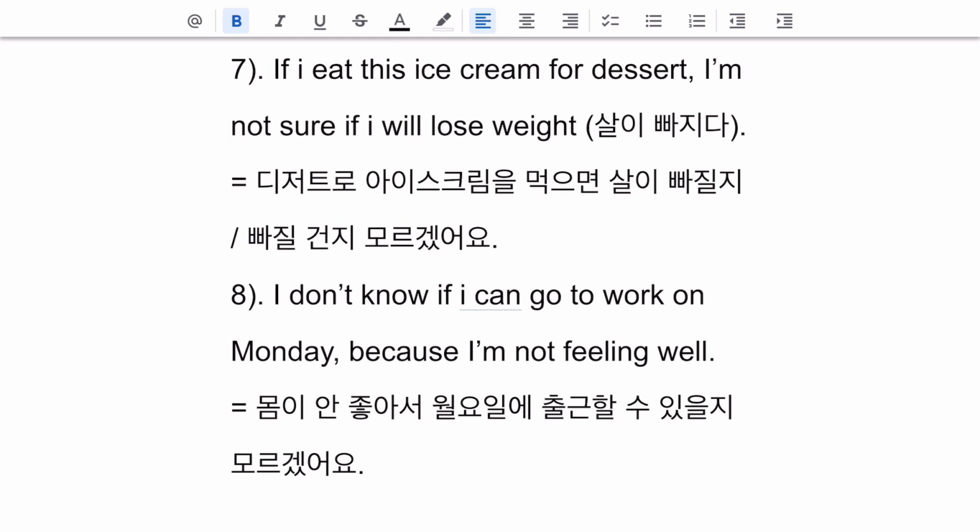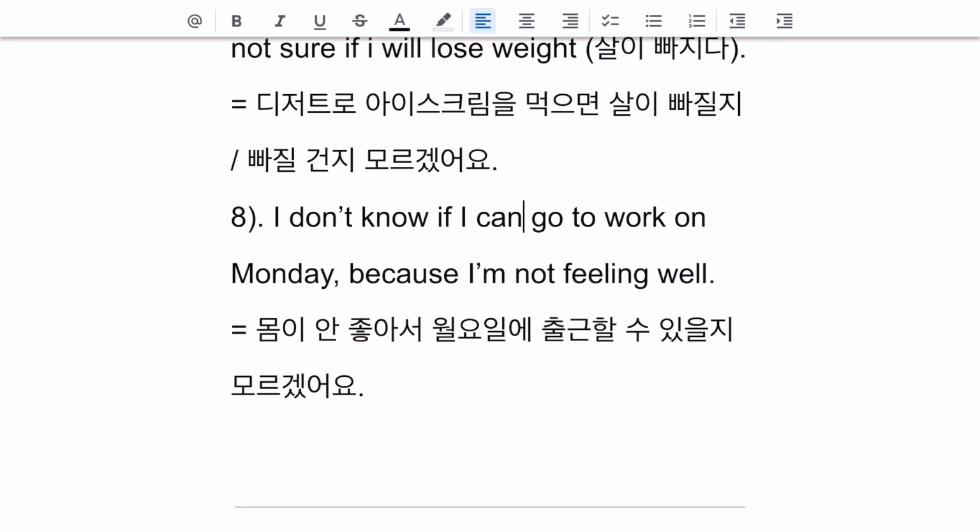And I don't know if I can go to work on Monday because I'm not feeling well. This one could have confused some people just because of the order. We actually flip it over and we're going to say, I'm not feeling well, so I don't know if I can go to work on Monday. 몸이 안 좋아서. That part you could say 몸이 아파서. You could say condition이 안 좋아서 월요일에. And then to go to work is 출근하다. So the whole phrase go to work. 출근하다. 출근할 수 있어요. Can I go to work? Will I be able to go to work? 출근할 수 있을지